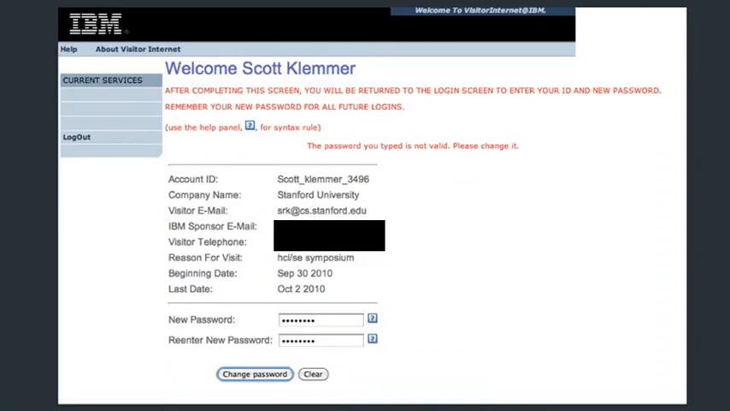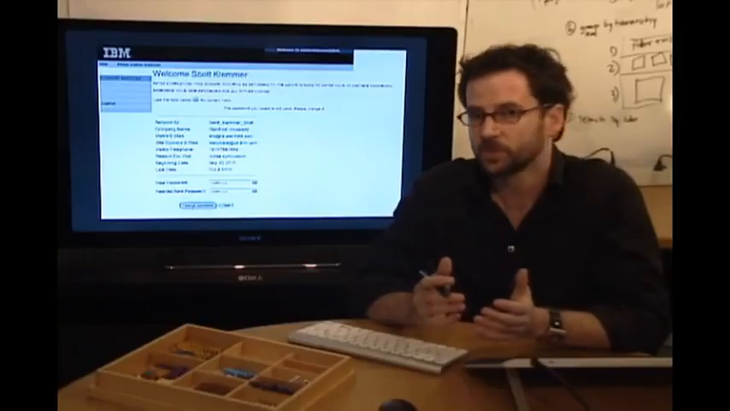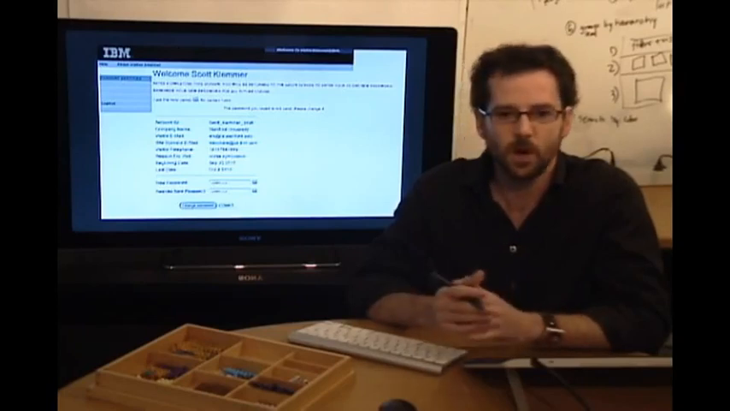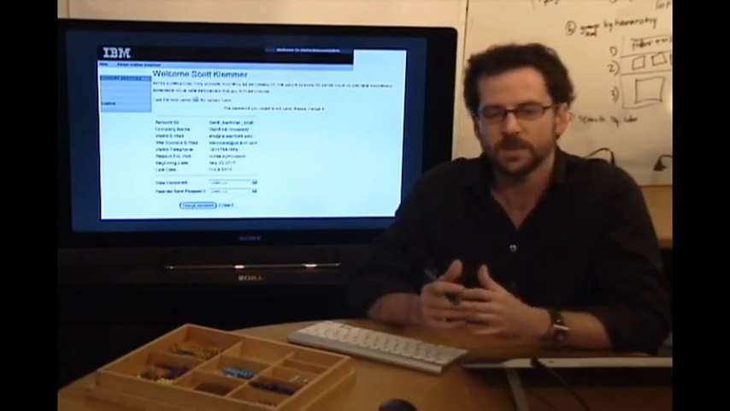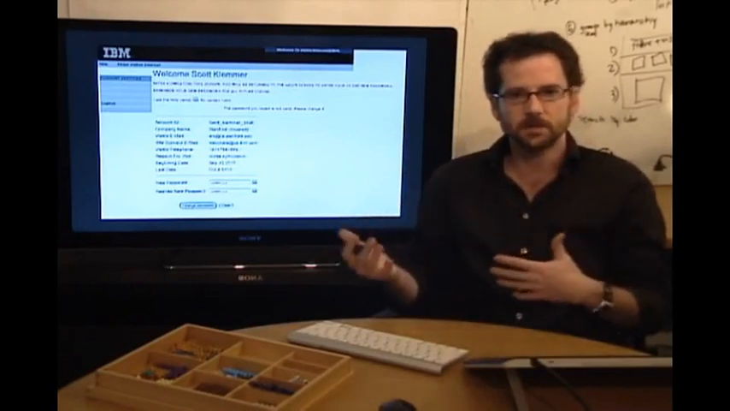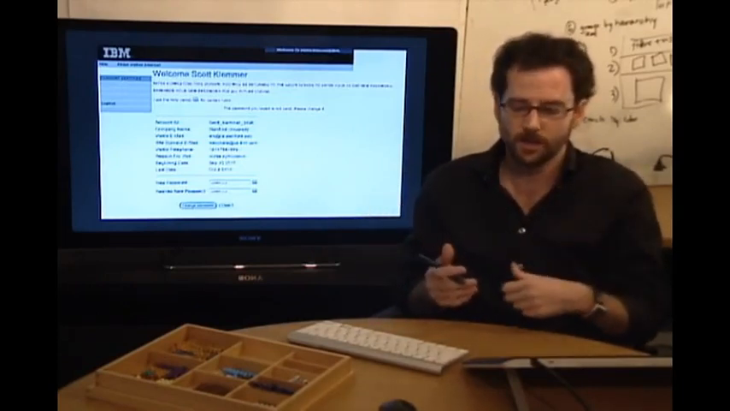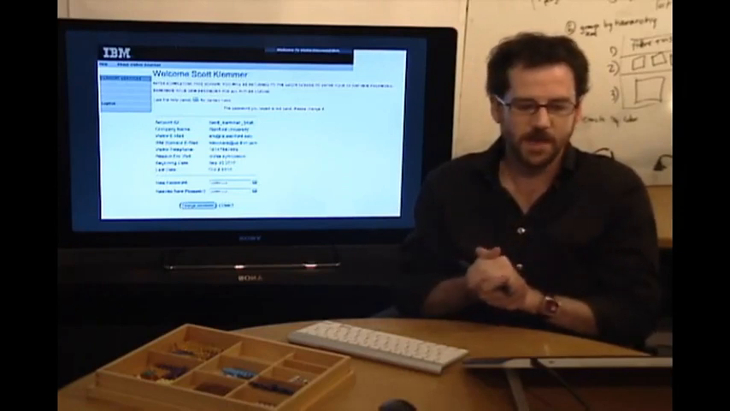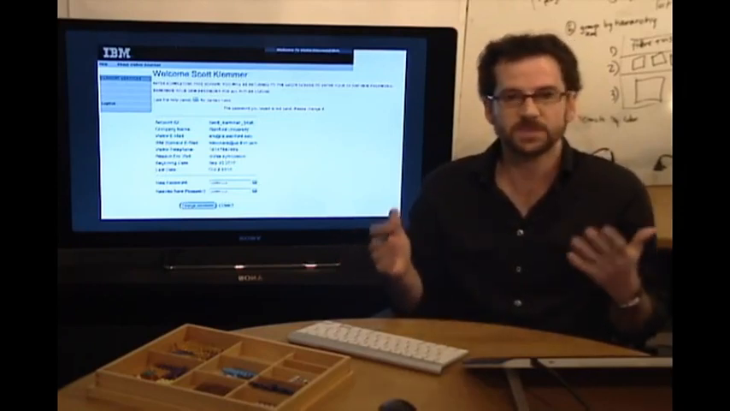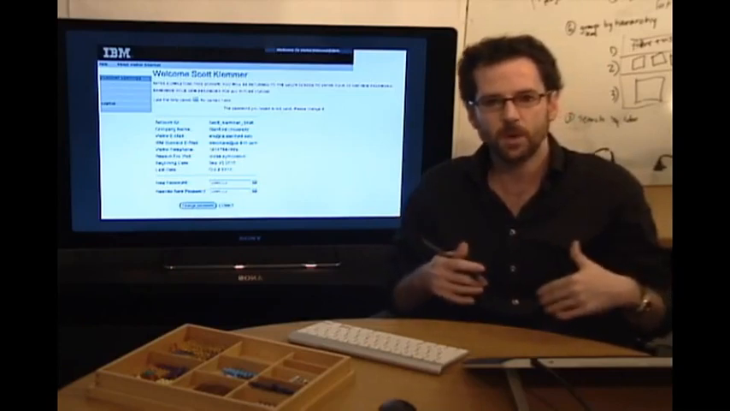And I typed in a password that I thought would be just fine, and the Wi-Fi system told me, "The password you typed is not valid. Please change it." What do I need to change it to? All passwords often have different requirements, like mixtures of upper and lowercase letters, the presence or absence of numbers or special modifier keys, and there's no way for me to know from this screen what the problem with the password